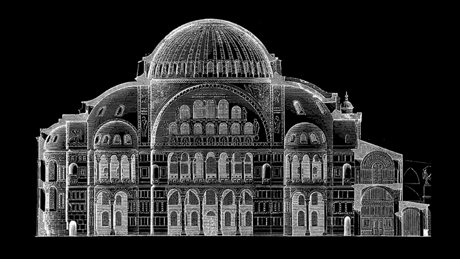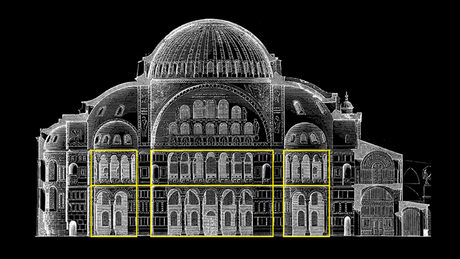But let's return to our interior elevation of Hagia Sophia, and I've blown it up a little bit here, because you might look at this and go, oh gosh, how do I make sense of this? How do I analyze this thing? Well, even though the building looks very complex, there's certainly ways in which you can reduce its geometry to some very essential features. For example, rectangles. If you start looking for rectangular elements, you start to find many of them. Many of the sections of the building can be reduced to